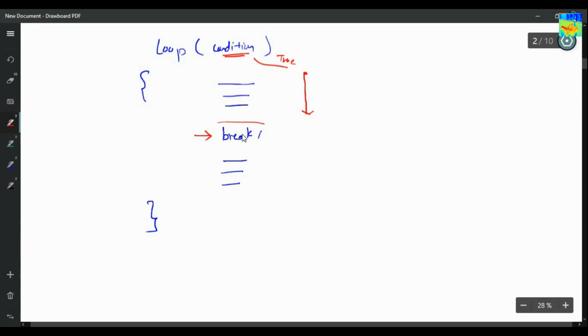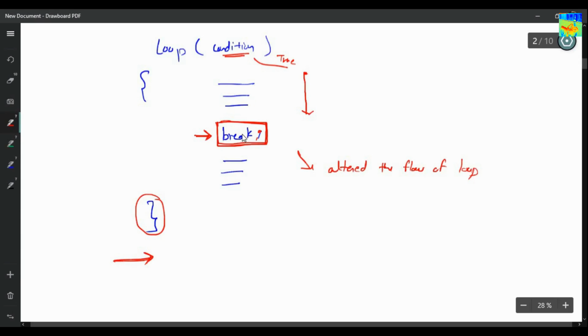So this is break, and as the name suggests, it will break the loop. As soon as you execute this instruction, I will reach here. Okay, so I will reach here as soon as this instruction is executed. The loop will be broken. Okay, so we have altered the flow of the loop.